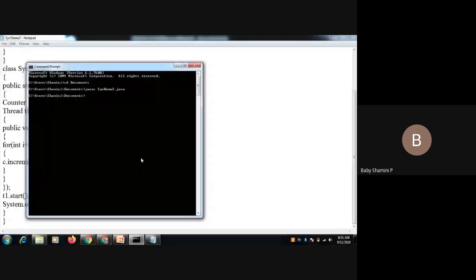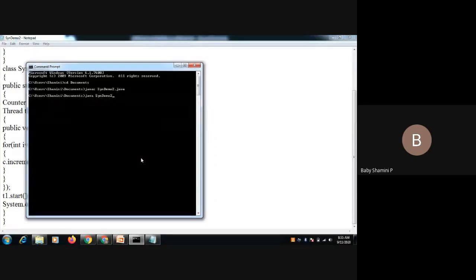From this we have the increment statement, and it moves to the increment function which is present in the class Counter. Okay. So, java SynchronizeDemo2.